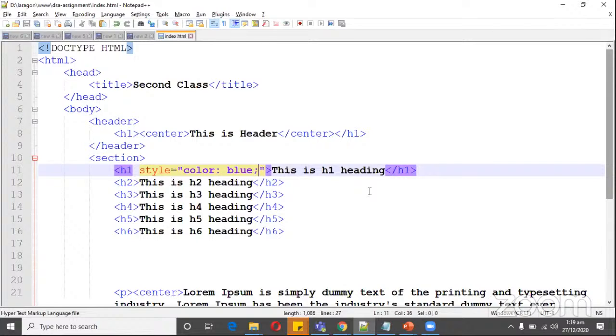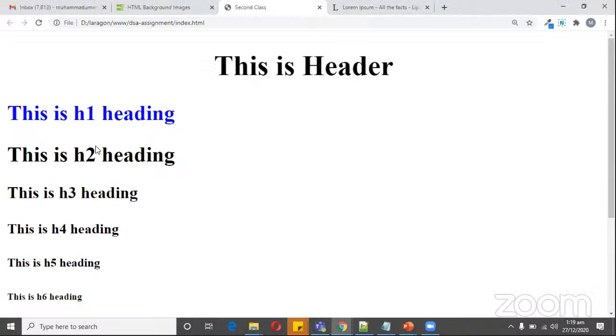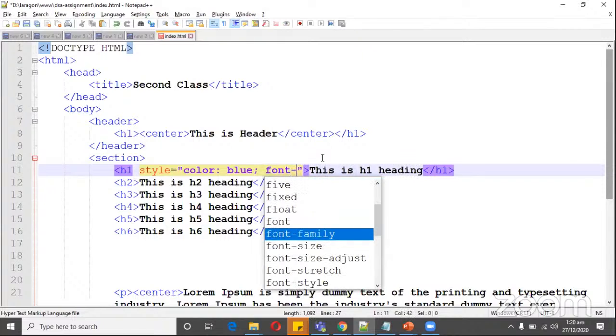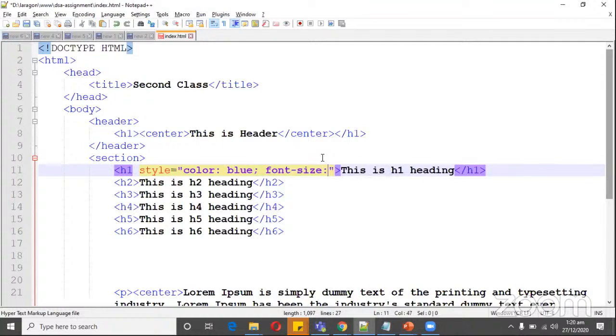We will discuss step by step. For example, I want this heading font size to be bigger than currently. So how can we do this? We simply use the font size property and then apply